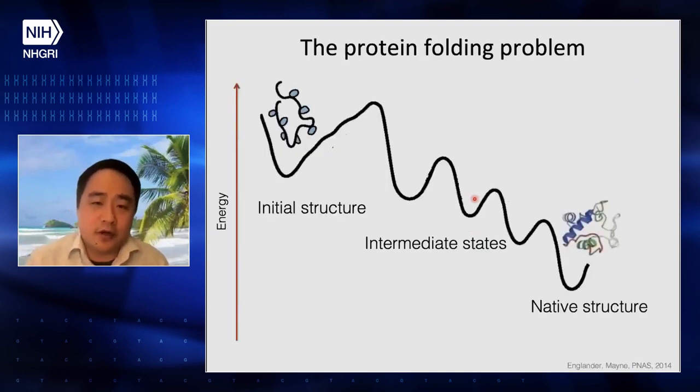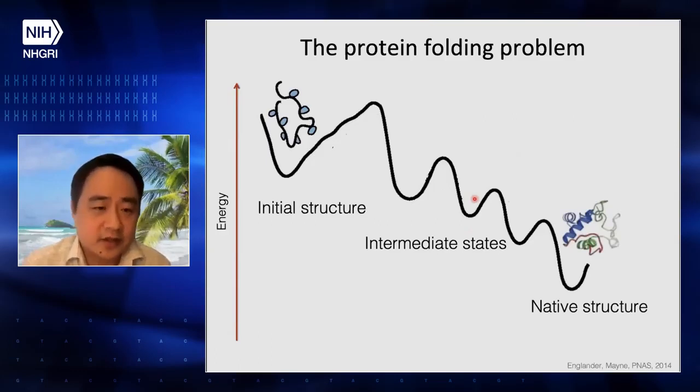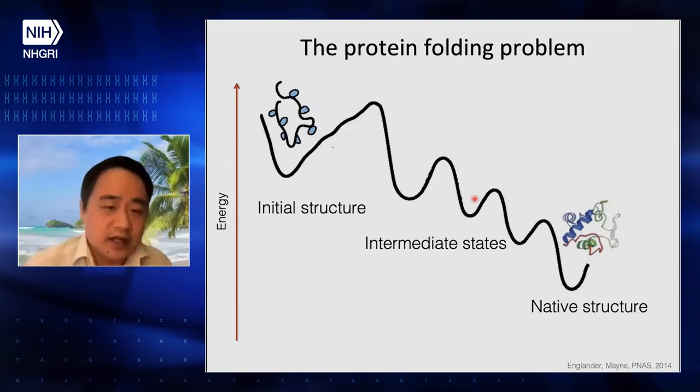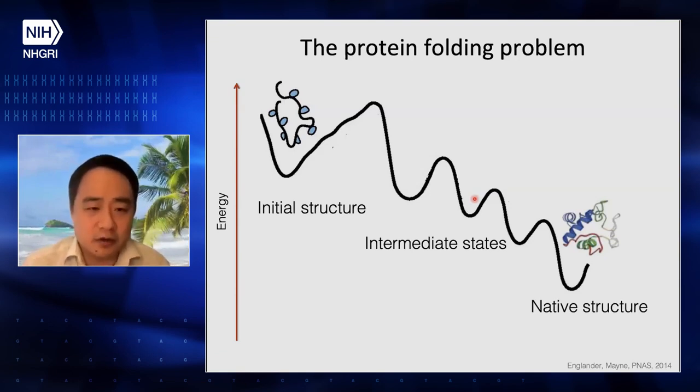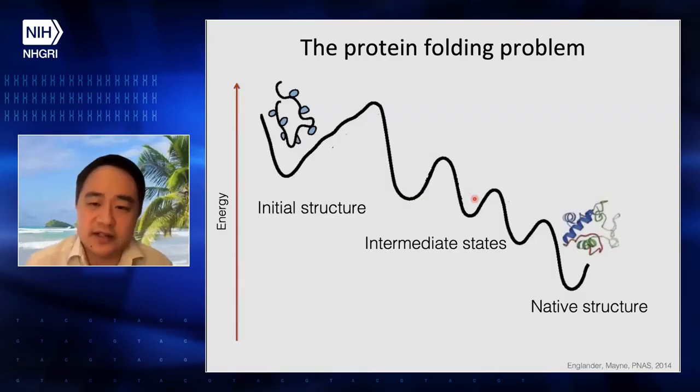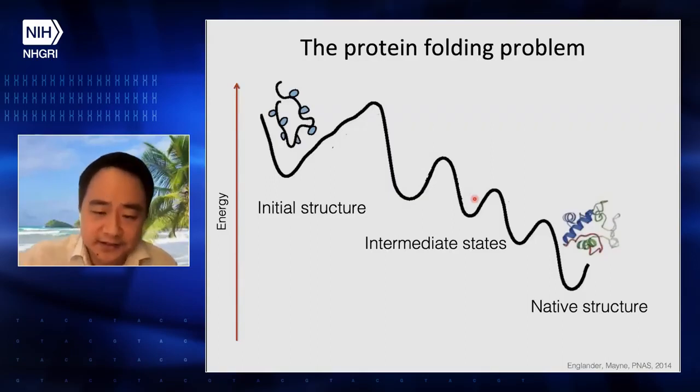As we all know, a protein is composed of a sequence of amino acids. When the protein is present in solution in the living cell, it has to be folded into a particular structure. We call this the native structure. The problem of understanding how, after the protein is generated, it gets folded into the right structure is called protein folding. We have been studying this problem for decades.